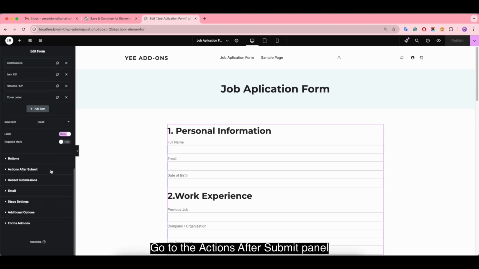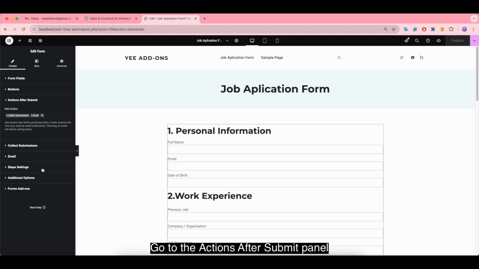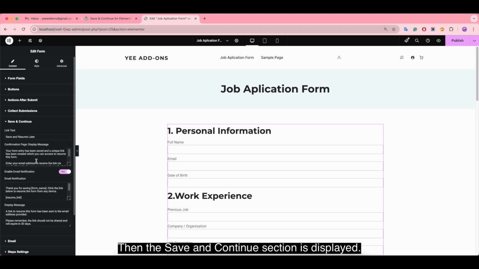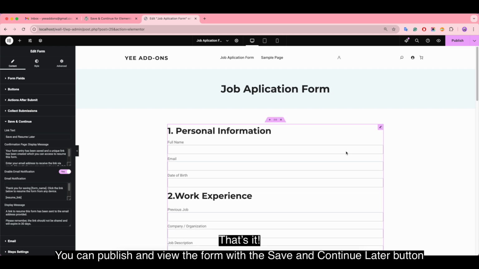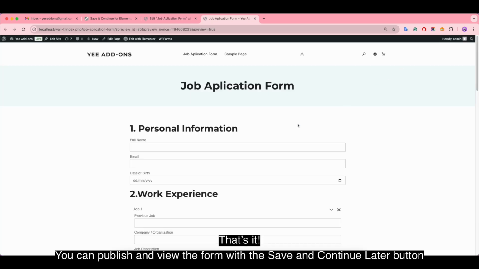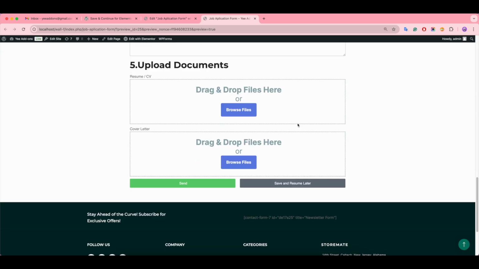Go to the Actions after Submit panel. Add the action Save and Continue. Then the Save and Continue section is displayed. That's it. You can publish and view the form with the Save and Continue Later button. See, the button appeared.